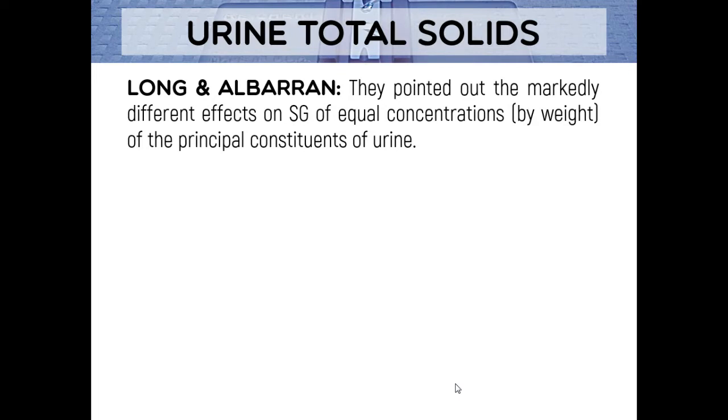Now we go to the different people who tried to really search or examine this. We have Long and Albaran. They pointed out that there are markedly different effects on SG of equal concentrations of the principal constituents of urine. For example, equal concentrations of RBCs, WBCs, or casts in the urine have markedly different effects on SG. That's according to Long and